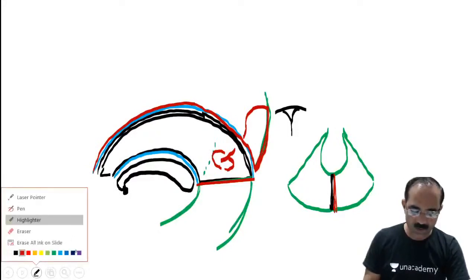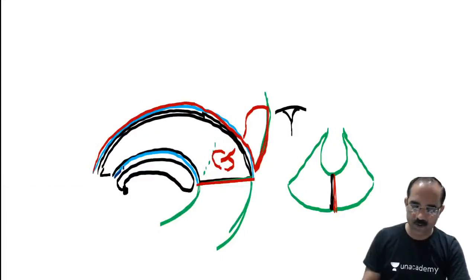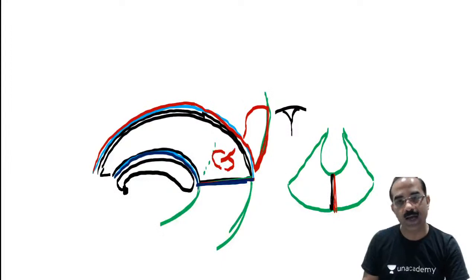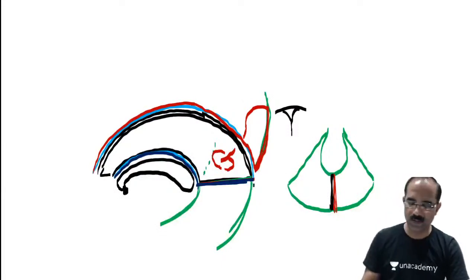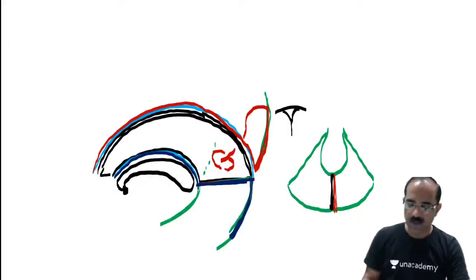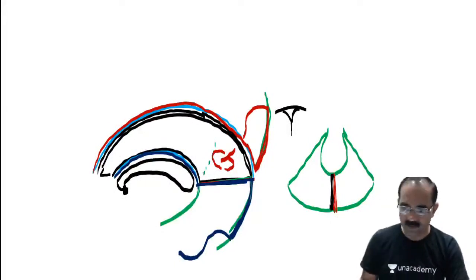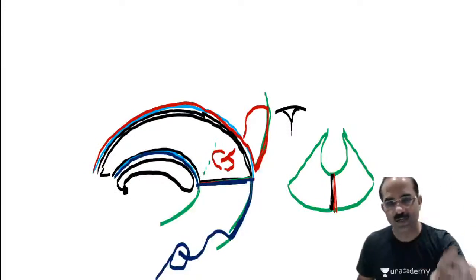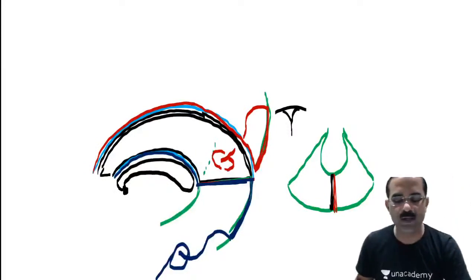Now coming to the inferior sagittal sinus. The inferior sagittal sinus runs at the lower border of the falx cerebri. Now it runs in the tentorium cerebelli as the straight sinus. Now it goes to the left side. What will you call this? That's the left transverse sinus. Now it becomes an S, the left sigmoid sinus, and now leaves the skull through the jugular foramen. It's the left internal jugular vein.